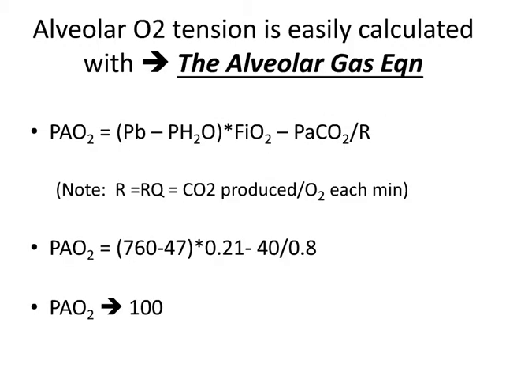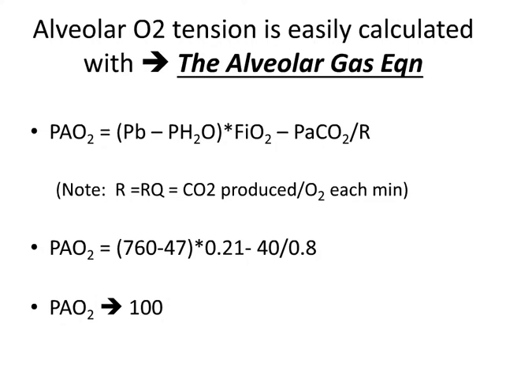Now, before we get to VQ relationships and hypoxemia, I wanted to review the alveolar gas equation. You've seen this equation before in Dr. Fessler's e-lecture on ventilation. It is an important equation that you should memorize if you've not already done so. In the context of this talk, it is important because it can be used to clarify the cause of a patient's hypoxemia. To summarize, the P big A O2 is equal to the difference between barometric pressure and water pressure